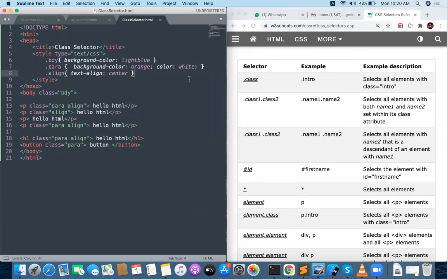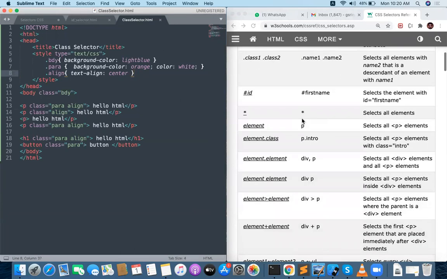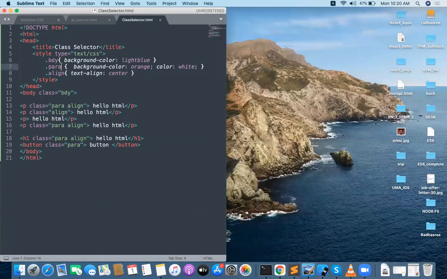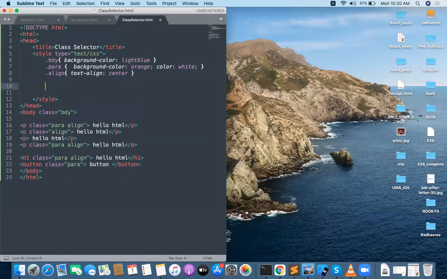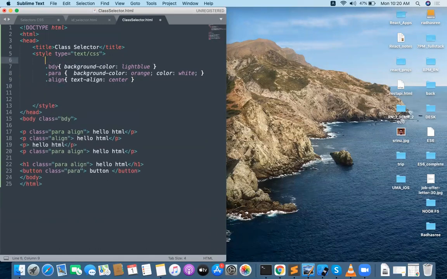For example, multiple classes I can provide. Instead of writing the para and align separately, I will do the para and align together. Para is the one class, right? Okay, para is the one class.